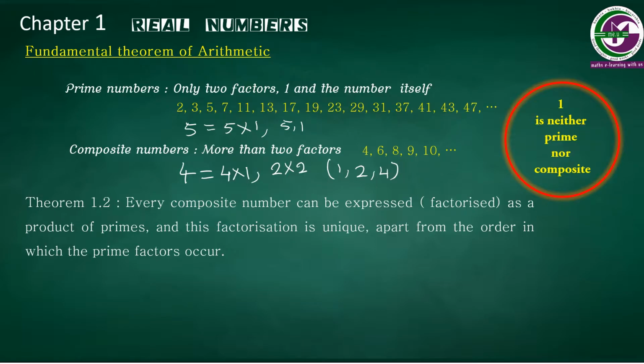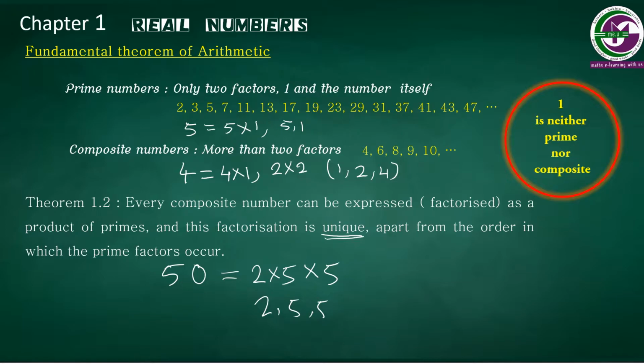If you are taking any composite number, suppose I am taking 50. See, 50 can be prime factorized. Prime factors means we'll write it as a product of prime numbers. So it can be written as 2 times 5 times 5. 2 times 5 is 10, times 5 is 50. So this is unique. Unique means you can't get any prime factors other than 2, 5, 5. So 2, 5, 5 are the only prime factors of 50. Whatever composite number you are selecting, prime factors are unique for each number.